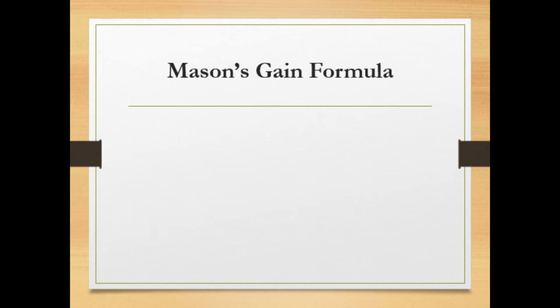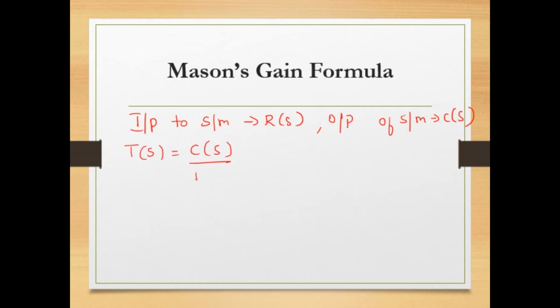If we consider the input to the system as R of S and the output of the system as C of S, then the transfer function can be written as C of S by R of S. So C of S is the output and R of S is the input. We can state the overall gain of the system as T is equal to 1 by delta summation